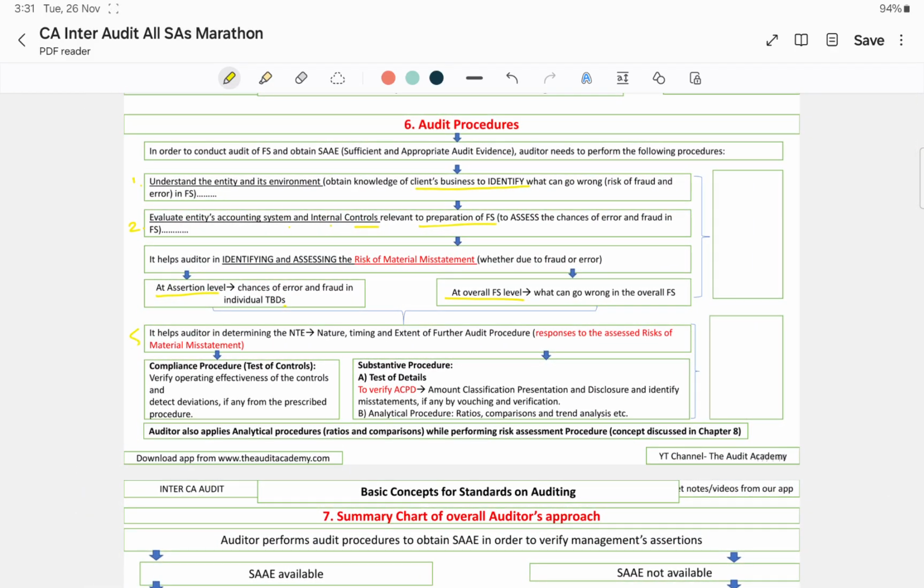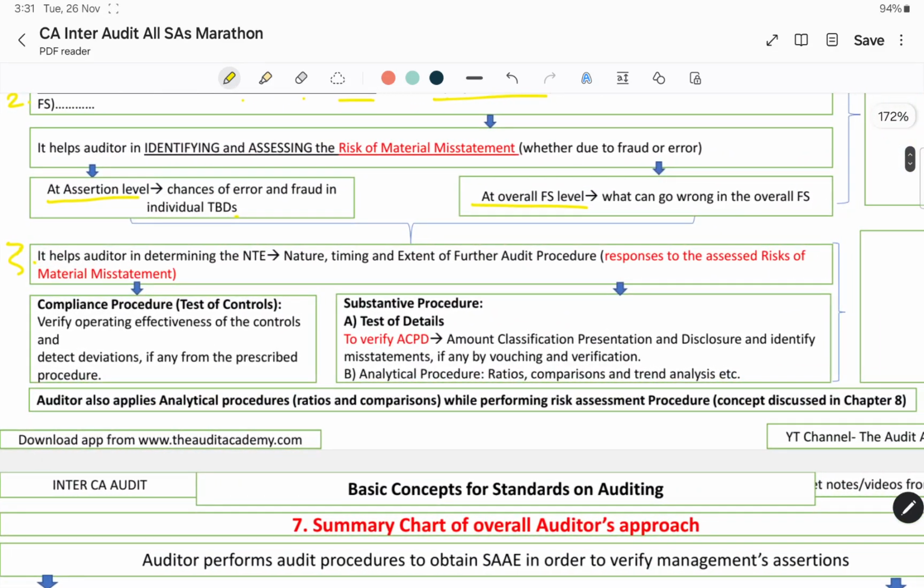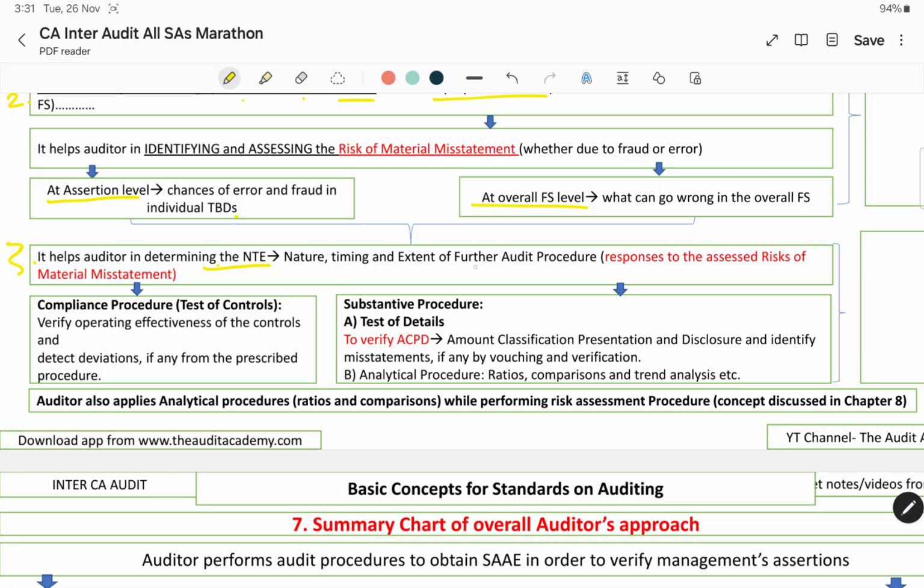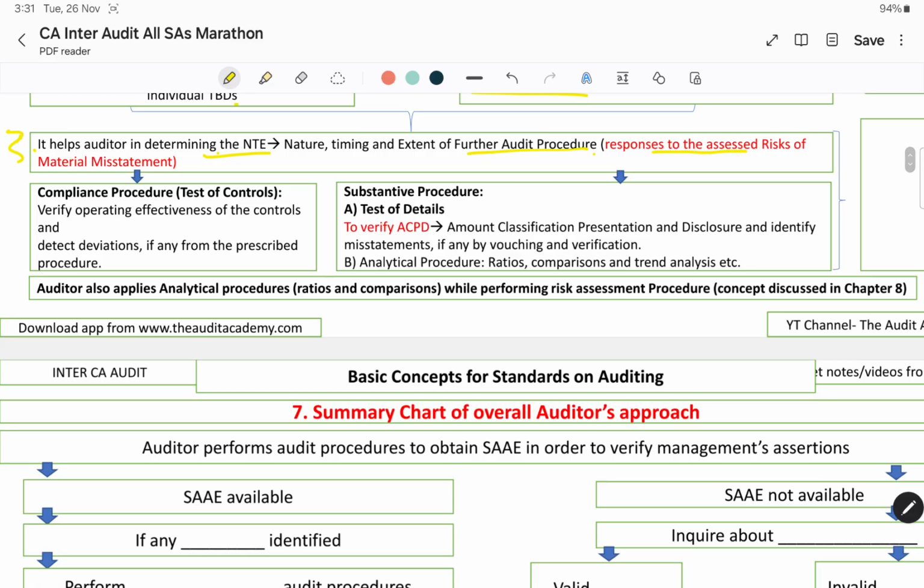Audit procedure helps the auditor in determining the nature, timing, and extent of further audit procedure in response to the assessed risk of material misstatement. Compliance procedure and substantive procedure. Compliance procedure is test of control. Verify operating effectiveness of the control and detect deviation, if any, from the prescribed procedure. वेरीफाई ऑपरेटिंग इफेक्टिवनेस ऑफ द कंट्रोल, इंटरनल कंट्रोल को चेक करना एंड डिटेक्ट डेविएशन, और अगर वो इंटरनल कंट्रोल्स के अंदर कोई डेविएशन है, इफ एनी, फ्रॉम द प्रिस्क्राइब प्रोसीजर, तो